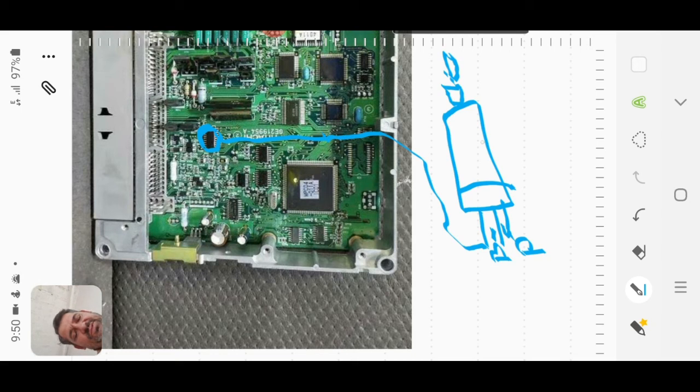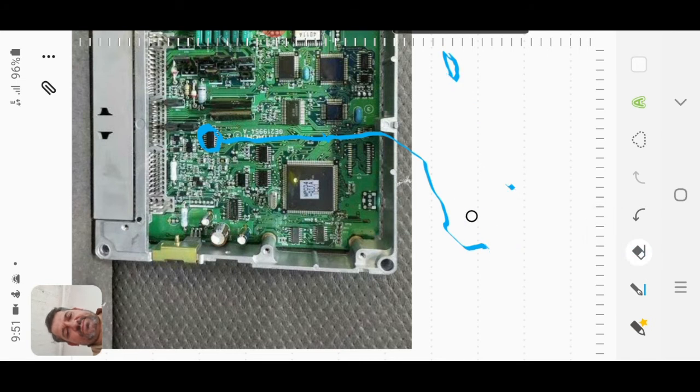If the ignition coil is not working, first you check this wire, trace the wire. If the wire is good, then this chip must be changed. In other parts, the most common failure parts of this ECU: